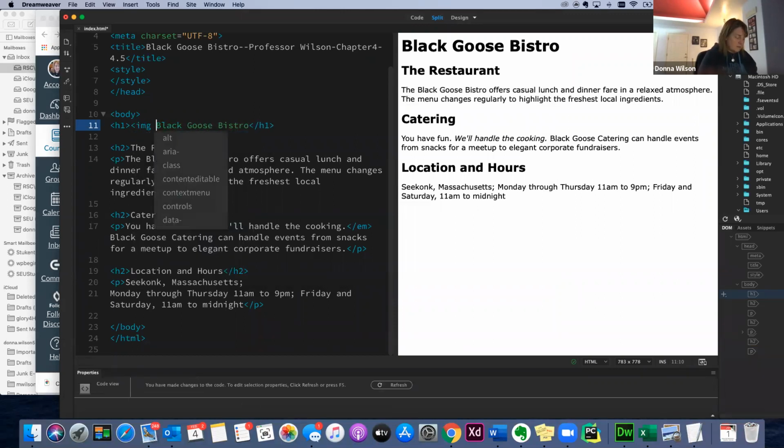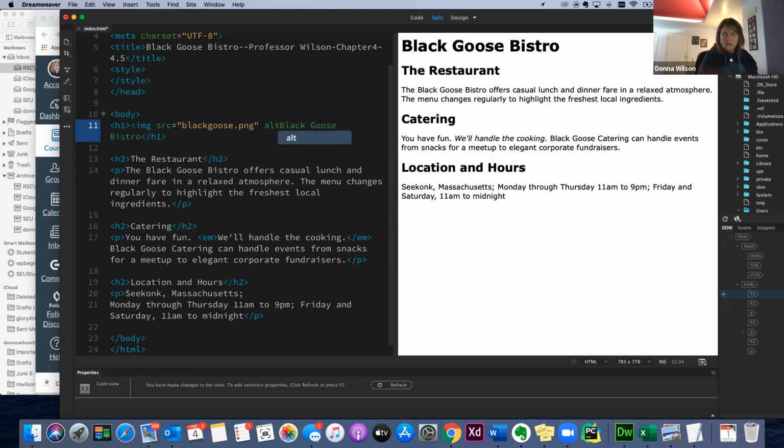img src equals, and you notice how it has to be in quotes, just like it showed you in your book. And then the alt tag will say that's the logo for this website. So it's like that. And then I have to end my image tag. Now, if I refresh,